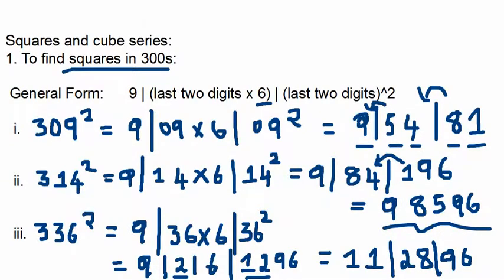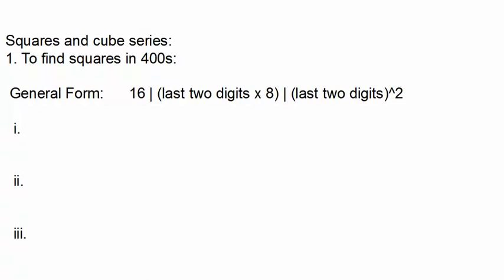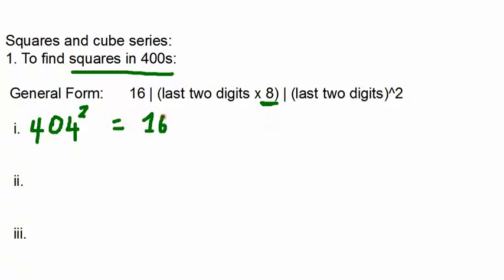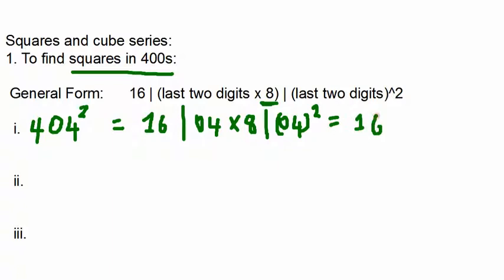So let us now see how to find the squares in the 400s. Any number you can take; the higher the number, the more difficult the multiplication part will be. But since you are already thorough with how to find the squares for a two digit number, after watching those videos, if you carry on with the preceding videos, it will be really helpful for you.